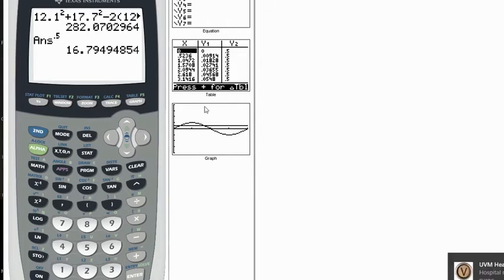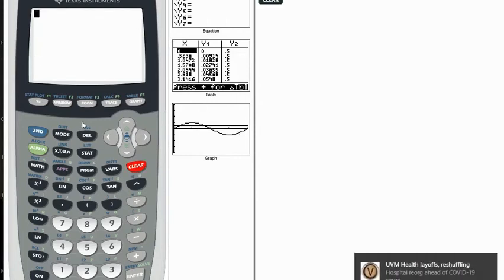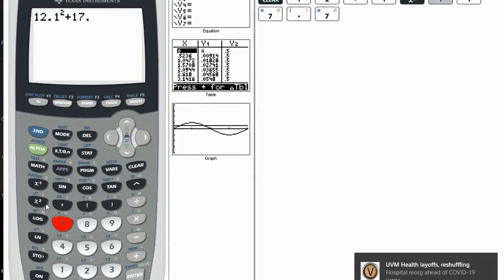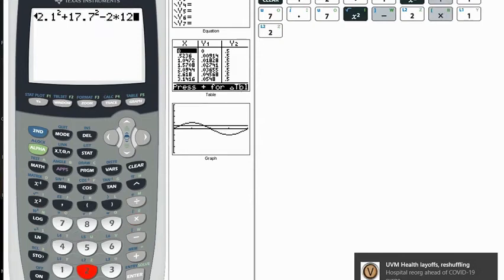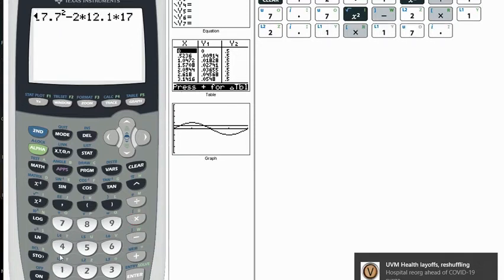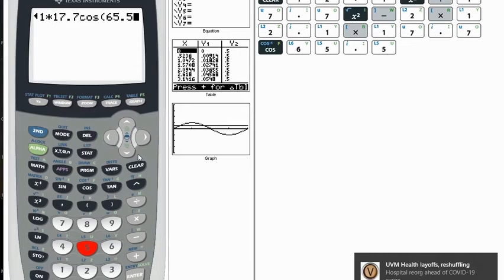Okay, so if I'm punching this in, let's clear that. 12.1 squared, I'm going to punch it in as one long piece, minus 2 times 12 point. Notice I did not hit return. I am still typing my formula, and I am in degree mode, which I already had checked, and I get